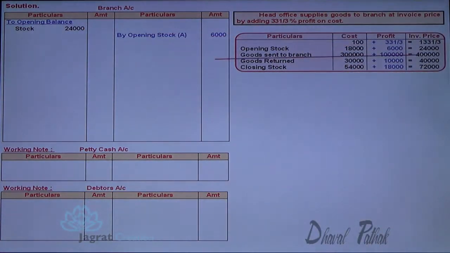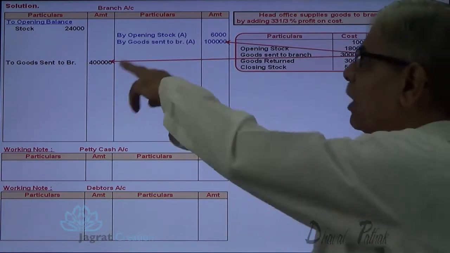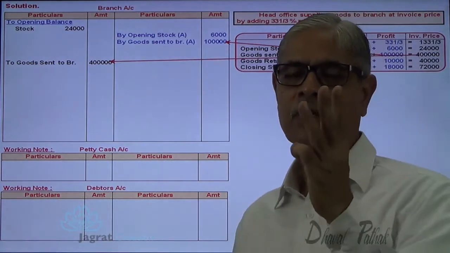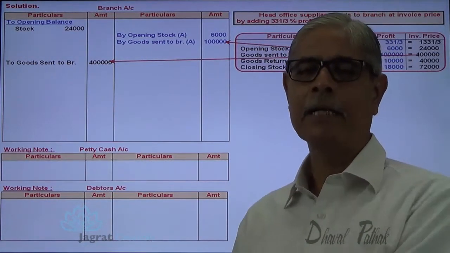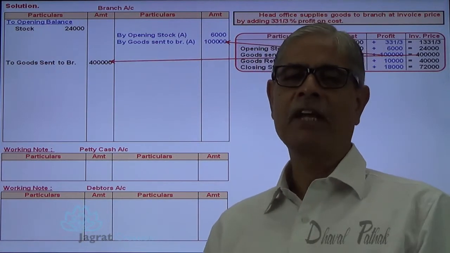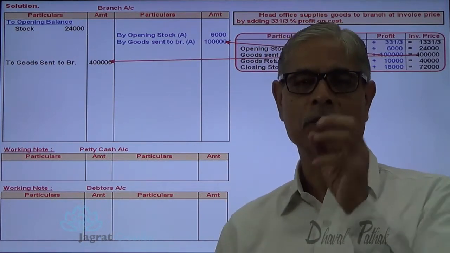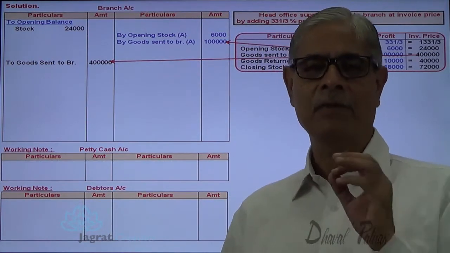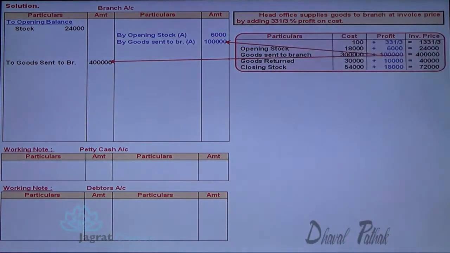Similarly, goods sent to branch account debit to goods sent to branch account, recorded at an invoice price. The adjustment entry is recorded, wherein profit element is recorded in the opposite side. So 4 lakhs minus 1 lakh, 3 lakh is the cost that gets debited to branch account. So first we have to write the entry at an invoice price, then we are required to write the adjustment entry for the profit element therein. By that what occurs? Debit and credit difference works out to be the cost. Similarly,